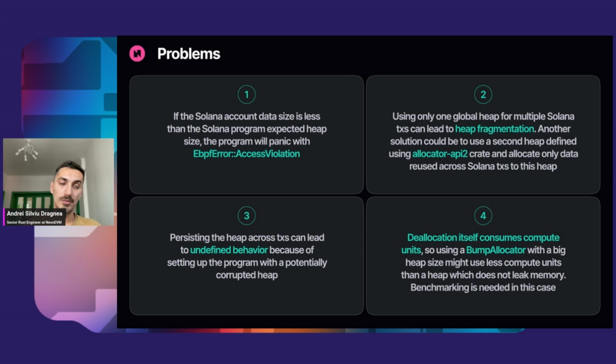Heap fragmentation can show up, and this could be avoided by using two heaps. The normal heap of the Solana program for things that are only needed in your current transaction, and a global heap where you only allocate the state that is reused across transactions, using the allocator API crate, which is basically a crate which